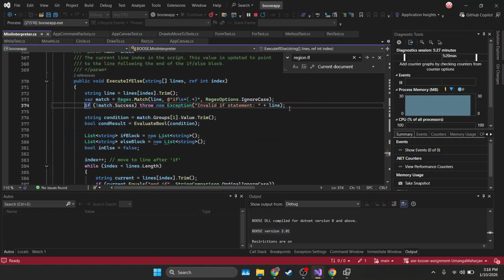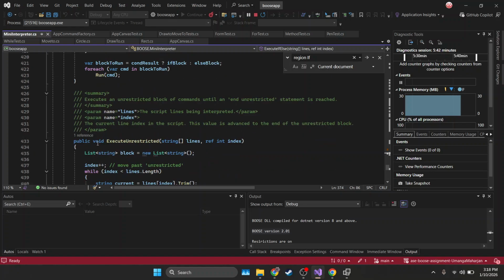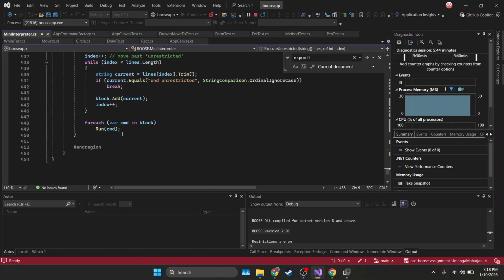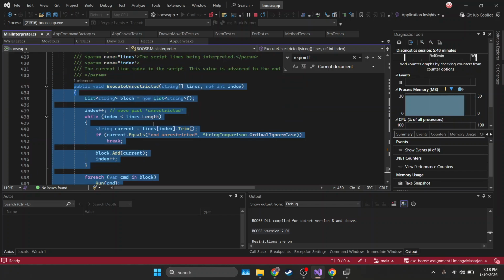Okay, sorry. Here, this line is responsible for checking the conditions and calling everything that's inside the if and else block, and then the execute line, which is down below. This execute unrestricted till here runs all the commands inside, for all the programs, the block of